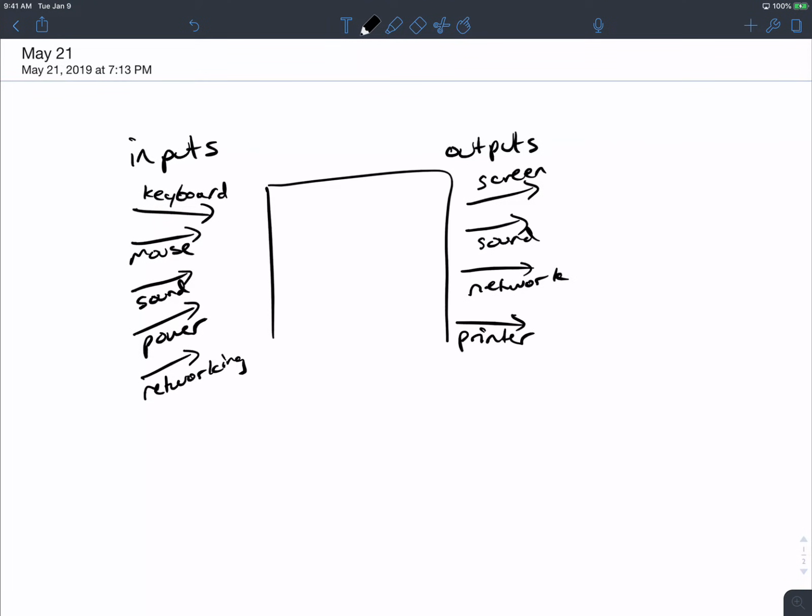Something that takes these inputs as input and produces these outputs. Does it really make sense for a computer to consume input and not give any output whatsoever? That seems kind of useless, right? Even if the result of a computation is written to a file, that is an output of the computation. So I can put file in here also. There's got to be something that converts from these inputs over here to these outputs over here.